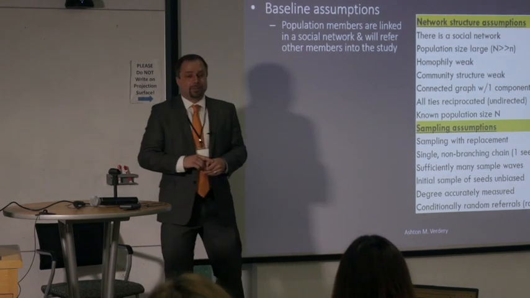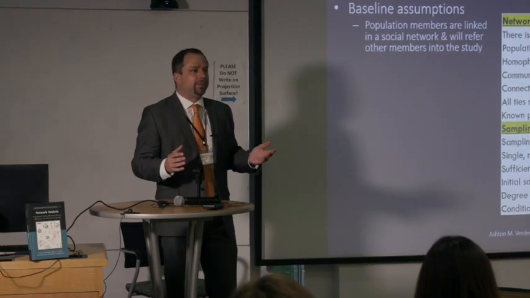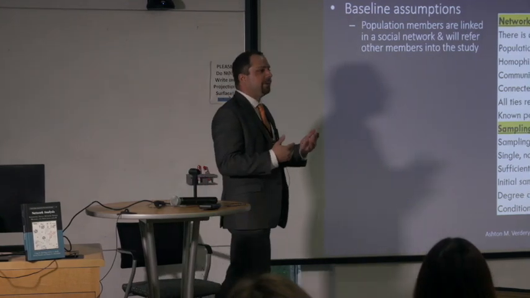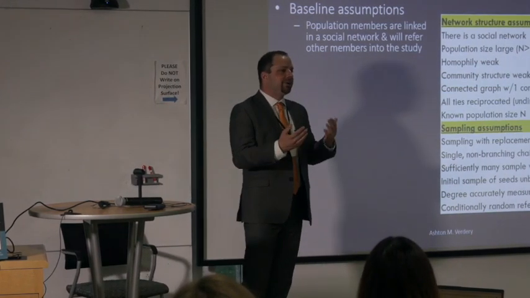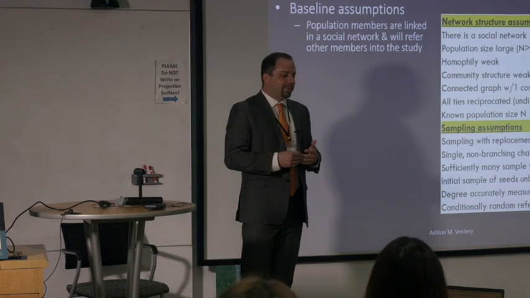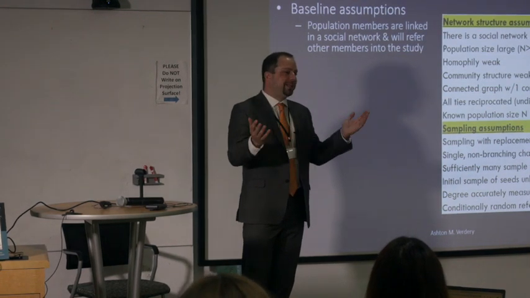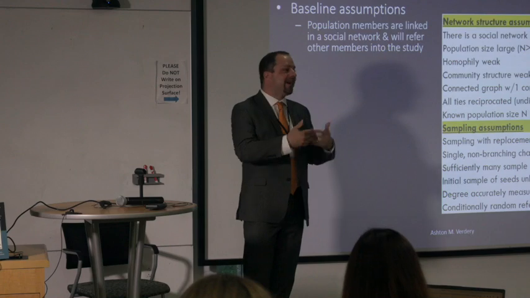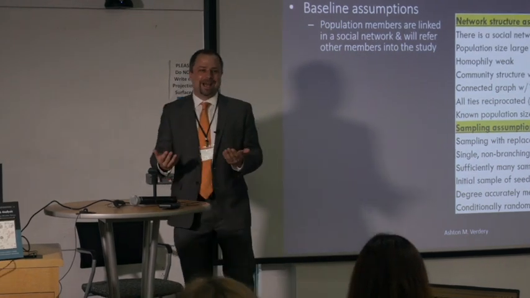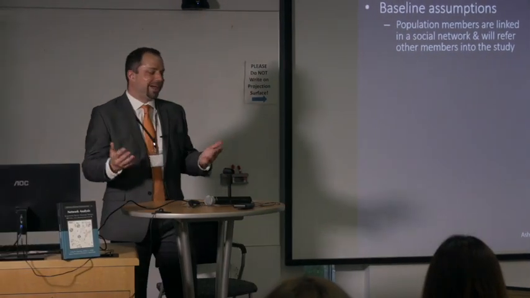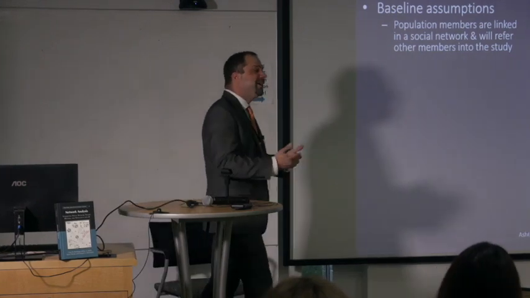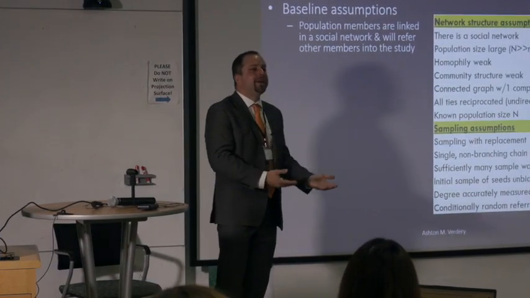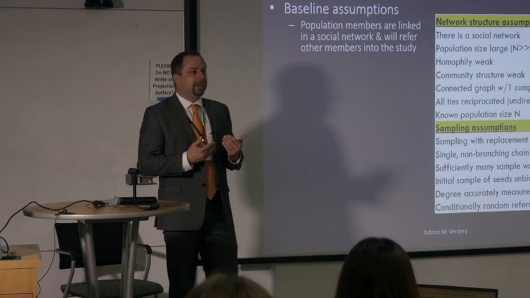So the basic assumption is that there is a network connecting the people. I think this is often overlooked, and I sometimes hear people suggest, oh, I want to do an RDS on people who don't know anybody else, and that sort of thing. And that's obviously not going to work. So you have to keep in mind that the people who don't ever leave their house and don't know anybody else wouldn't be a good population for RDS. There are other populations that might not be good as well.